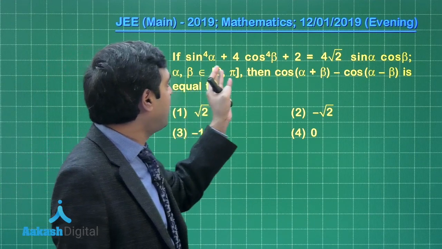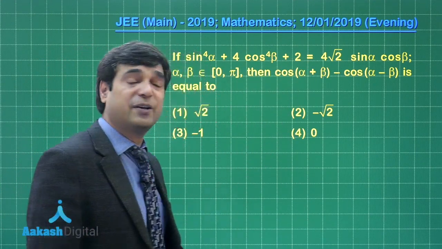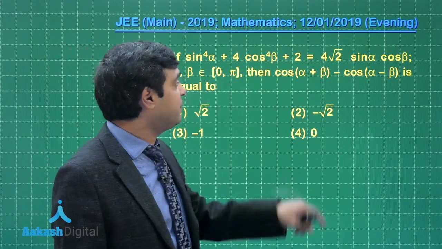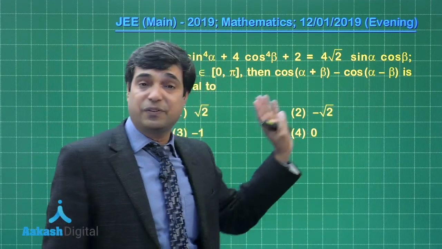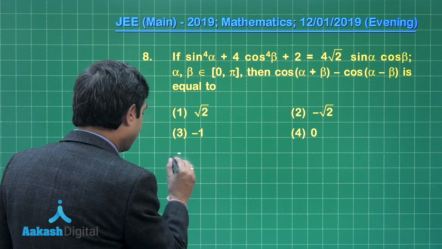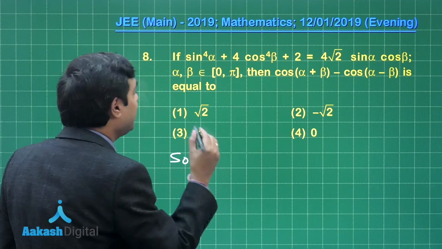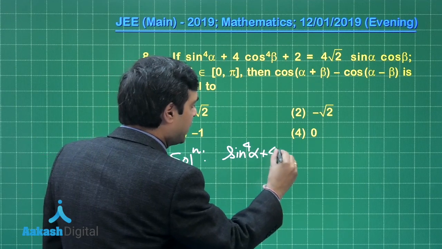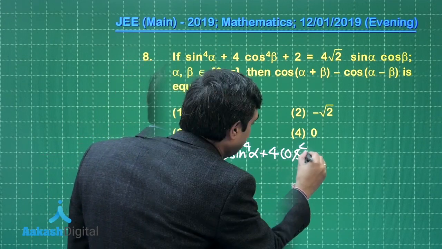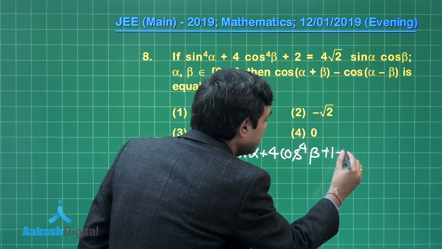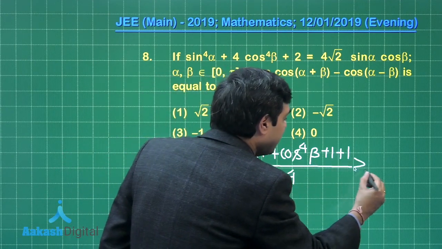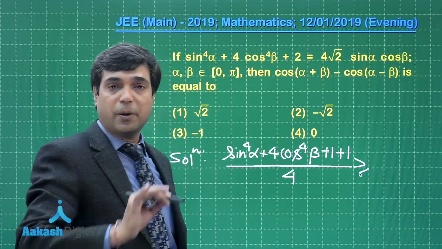If sin⁴α + 4cos⁴β + 2 = 4√2 sinα cosβ, with α, β in the interval 0 to π, find the value of this term. Right. So, let us start it. We can read it as sin⁴α